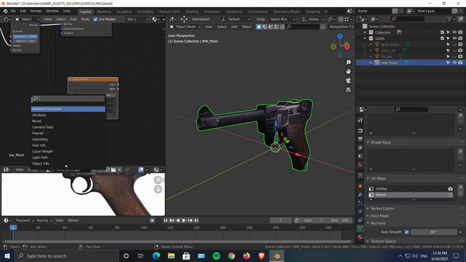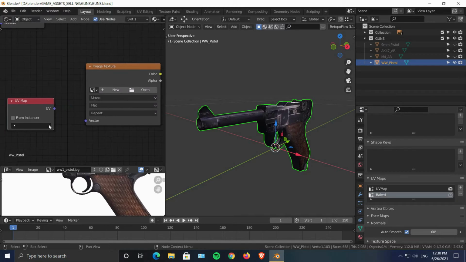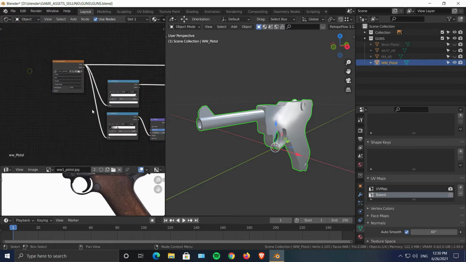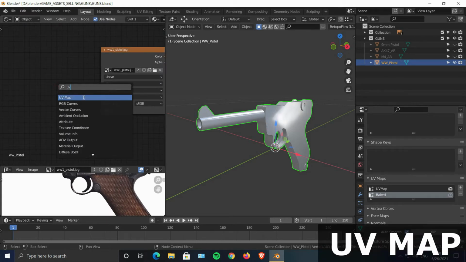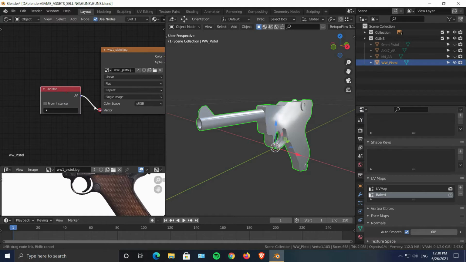Once you create a new image texture, you need a UV map, so let's plug baked into it, and also over here you will have a UV map. Just plug that in over there, and we will select our original UV map.